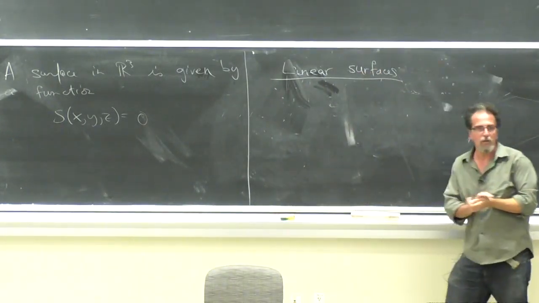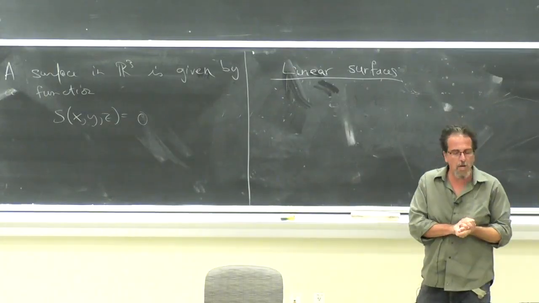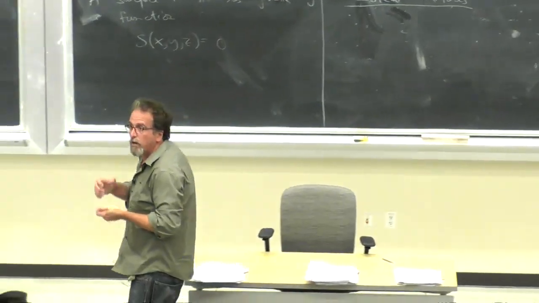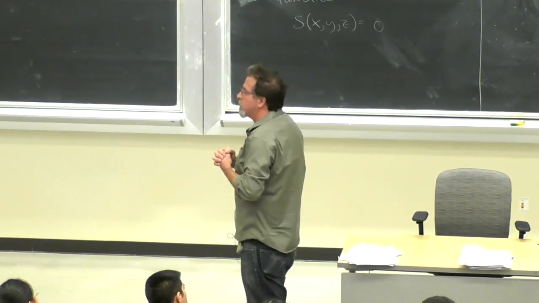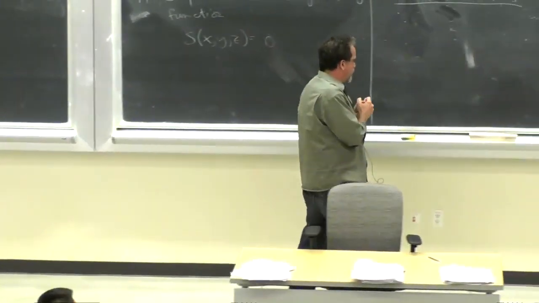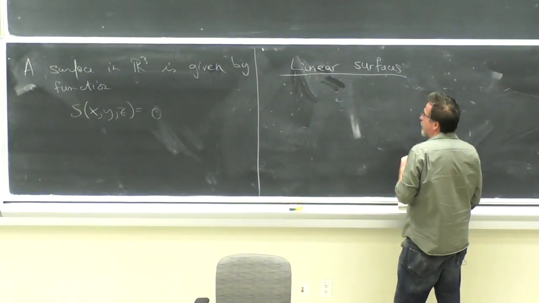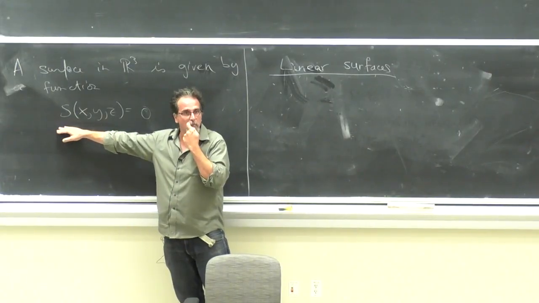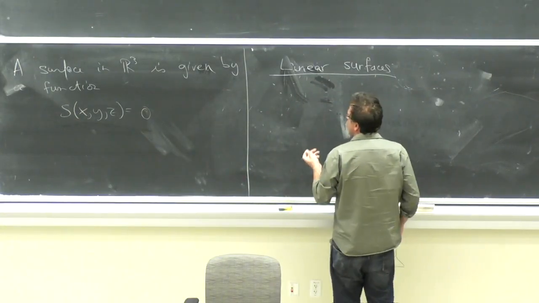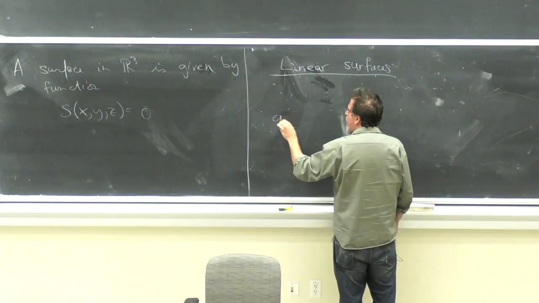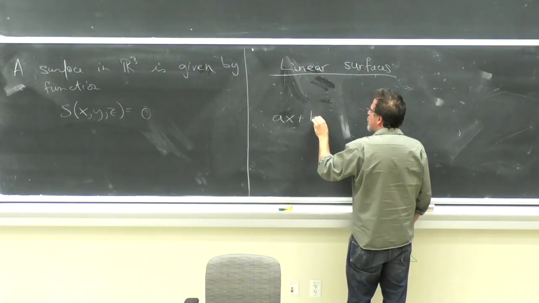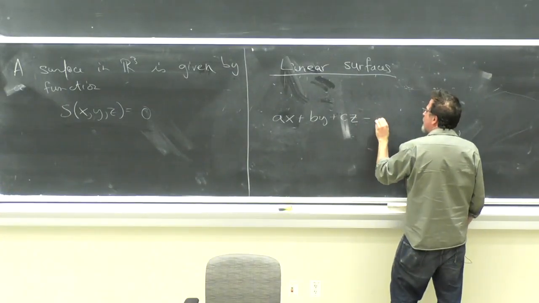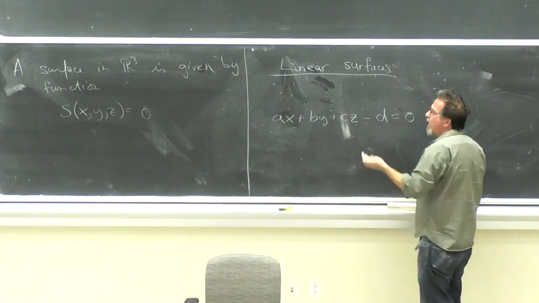Very good. So just like when we talk about the simplest class of curves, we start with the lines. Why not start with the linear surfaces, the 2-dimensional surfaces in R3? So a linear surface would mean that this is a linear function. Okay? A linear function of x, y, and z. So the most general linear function I could write here is ax plus by plus cz, minus d is equal to 0, where a, b, c, and d